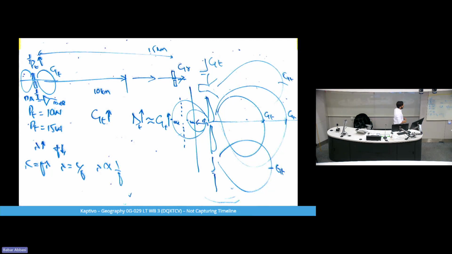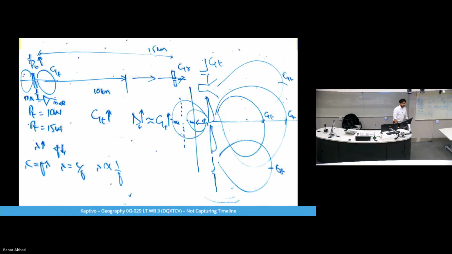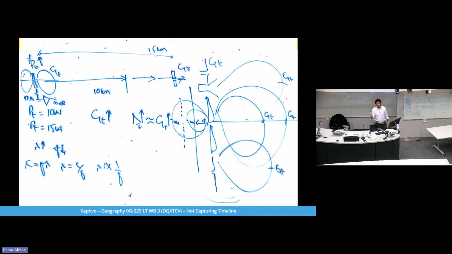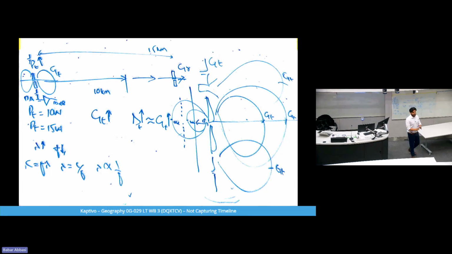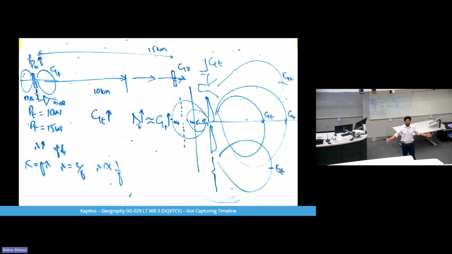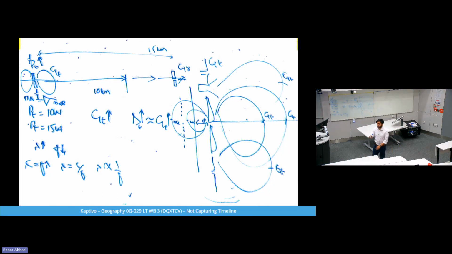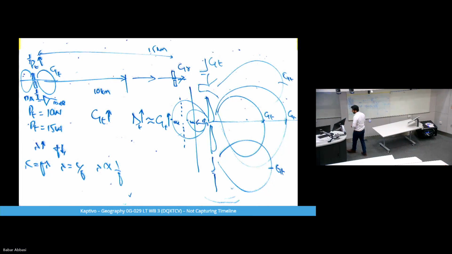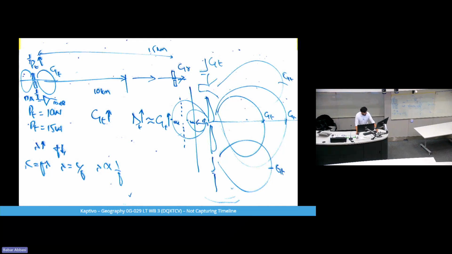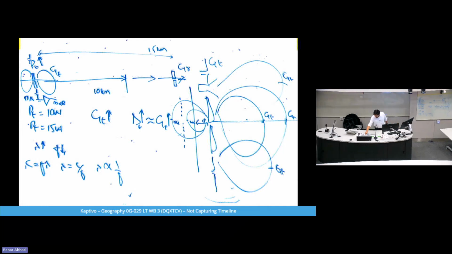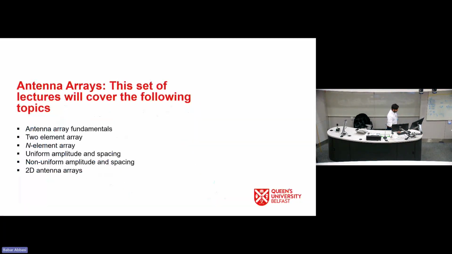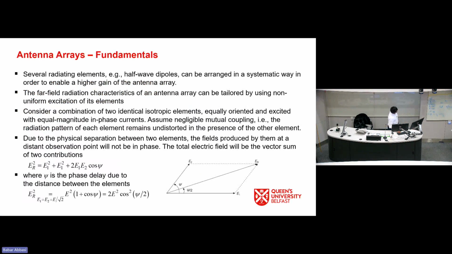But there are consequences of using multiple antennas. There are significant consequences. And if you're not considerate about those consequences, then we can easily mess up even our previous simple single antenna transmitter, single antenna receiver system. Okay, so we have to be very, very careful about what we do. So that motivates us to study more about antenna array theory. So just connecting our discussion from electromagnetic theory,